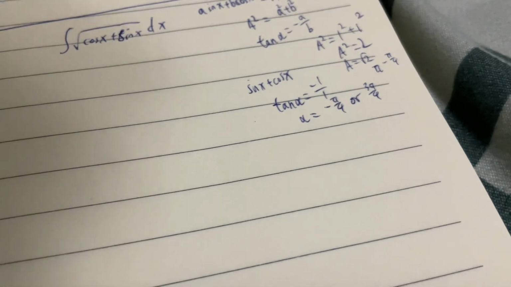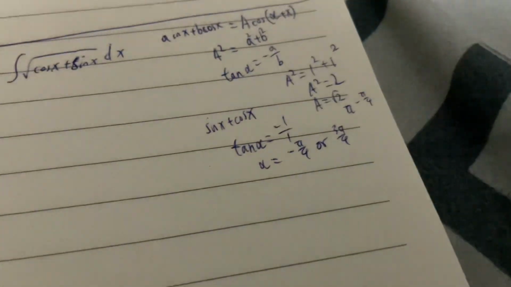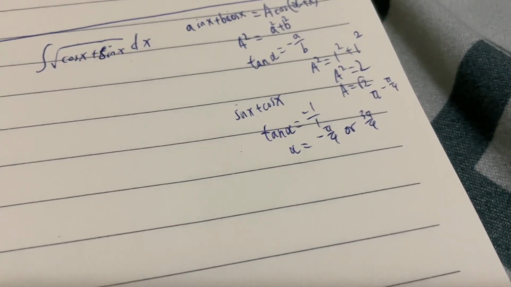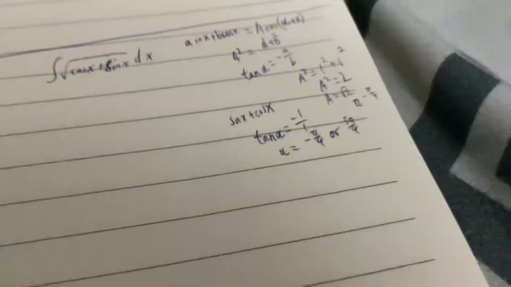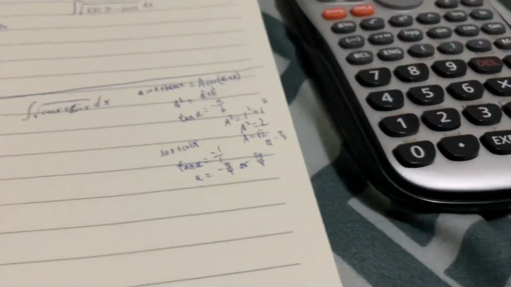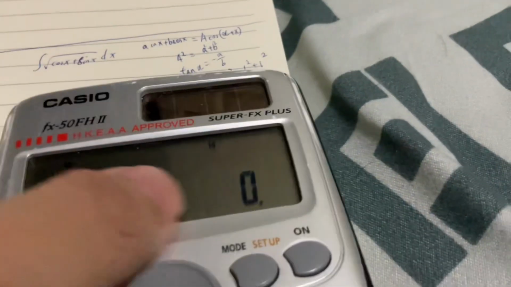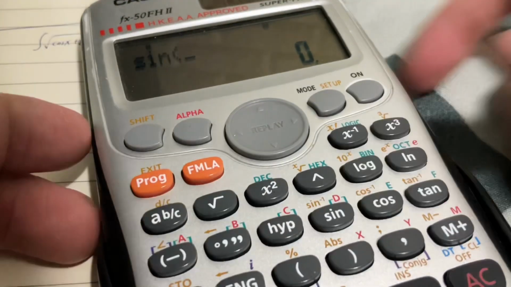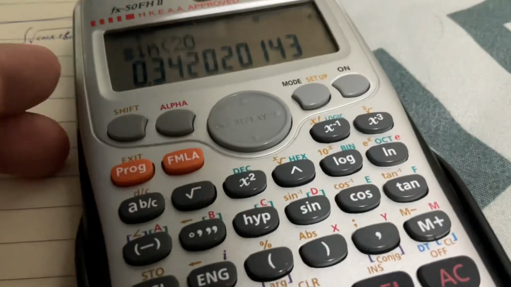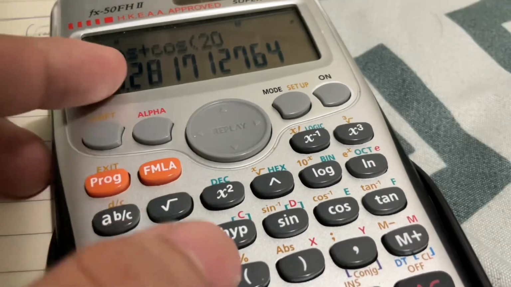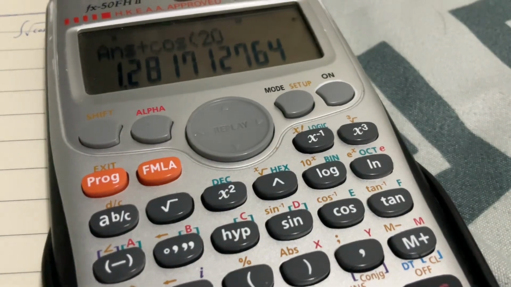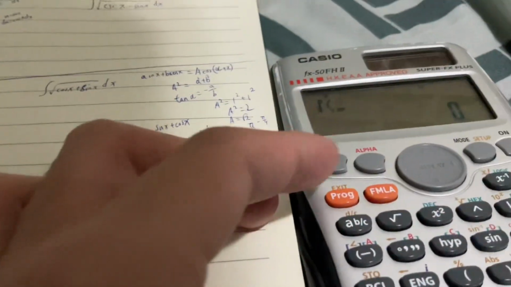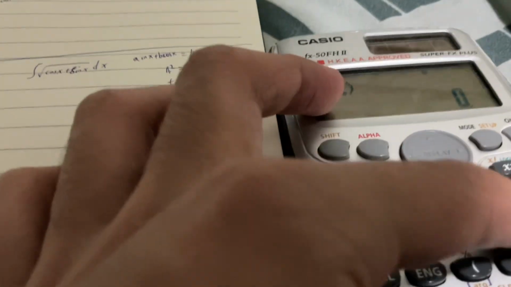What angle should we choose here? Yes, just use our calculator. If you are not sure what angles you should use here, just use your calculator. Assume that we have sine 20 plus cosine 20, you get 1.28. Let me just memorize this, 1.28. And here, if we choose square root of 2 and square root of 2, the thing we're going to choose,